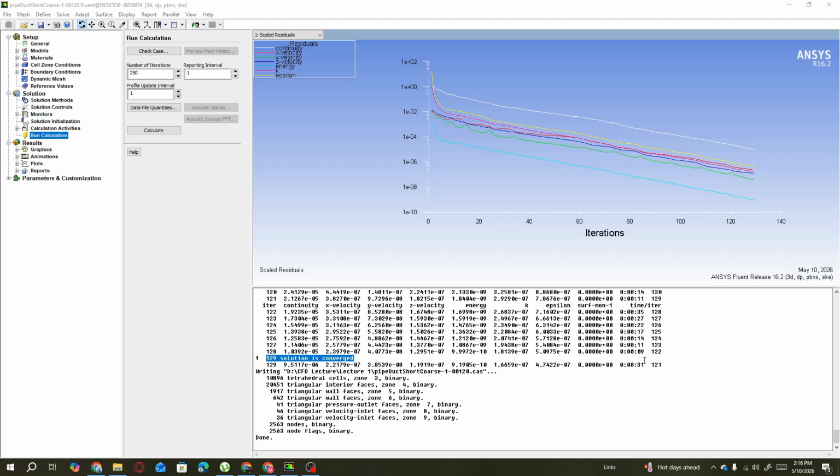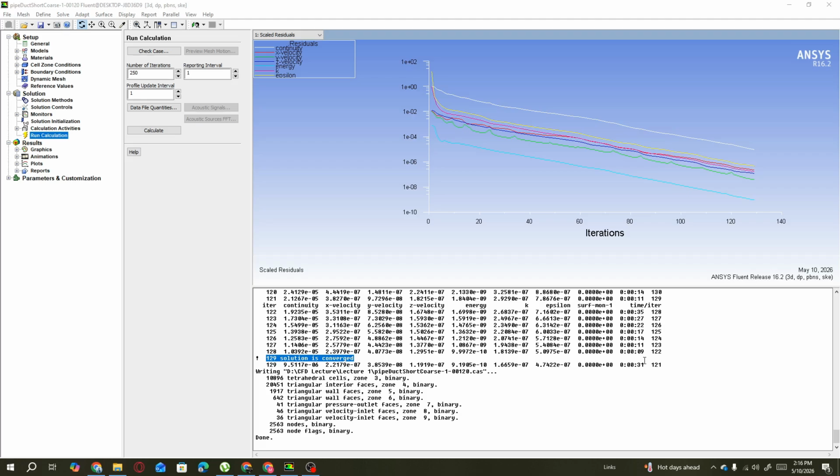By the end of this video, you will be able to open a solved Fluent case, extract important results, prepare professional plots, and explain your CFD findings clearly in the report, or you can present whatever results you have developed in your case. So let's start with the post-processing of our Fluent simulation